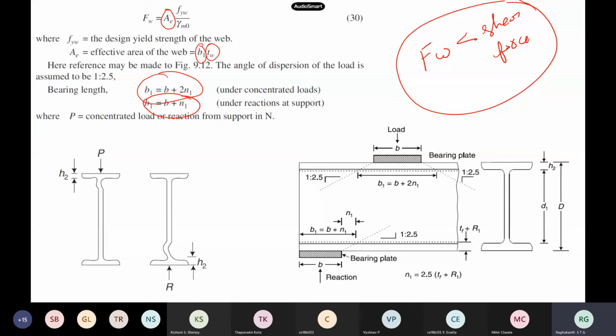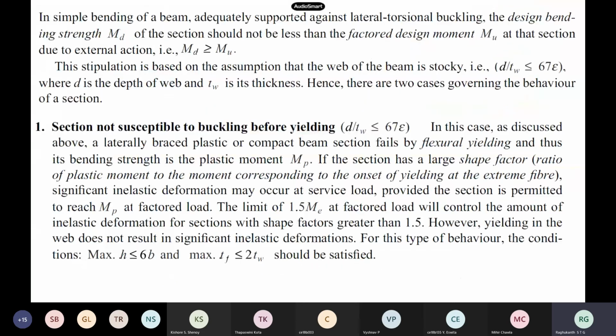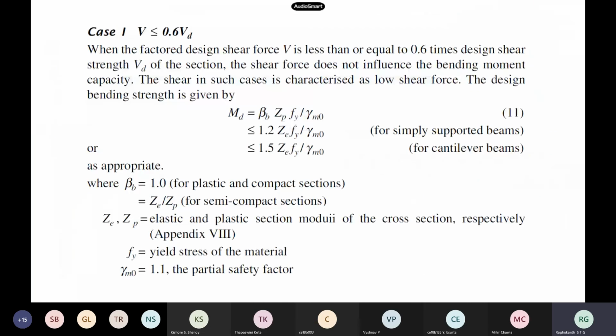This is the most important thing. Both of them look similar, that is web buckling and web crippling. Web buckling happens at the center portion because the shear is maximum there, but web crippling happens only in this small portion between the flange and the web, and the formulas are all the same. Only for web buckling you have to use the column buckling curves, or whatever we studied previously. So this is how things go in the design.